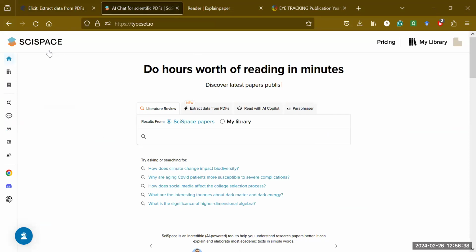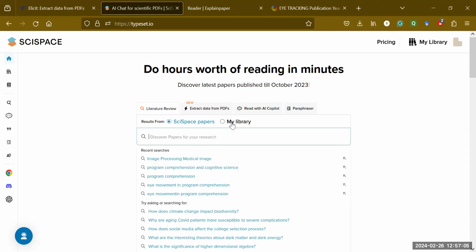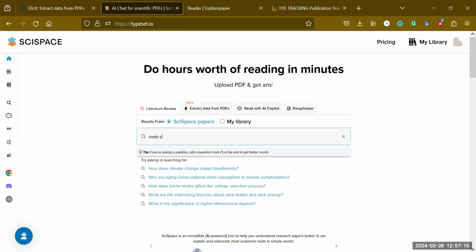Now it is still under the domain of typeset.io, so the domain has not yet changed. Once you type this SCI space, it will be redirected to this domain. Okay, here this is not a paid one, so here it can be used in literature review. You can go for two ways. One is my library, where your papers will be added. From there it will search, and there are the SCI papers which are present. From there it will be searching. So if I go with code comprehension, again the same topic,